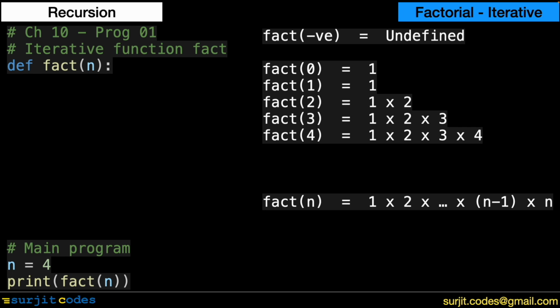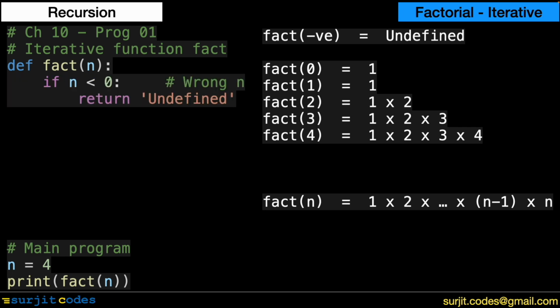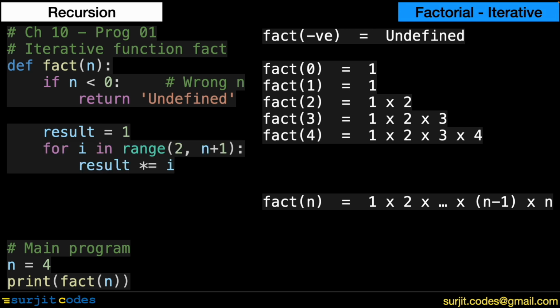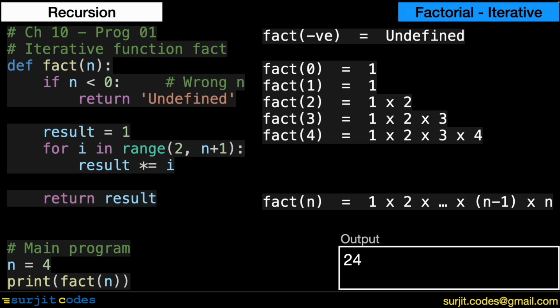The main program passes 4 as a parameter to the function fact. First of all, we must validate the argument n. For valid values of n, we start with result equal to 1 and start iterations in a loop. The i values will iterate from 2 to n, so we do not enter the loop if n is less than 2. Each time we multiply the result by i. For n equal to 4, i takes values 2, 3, 4, so result becomes 24